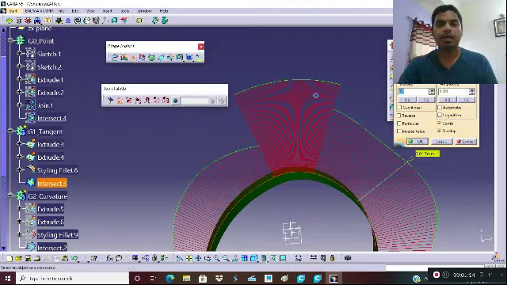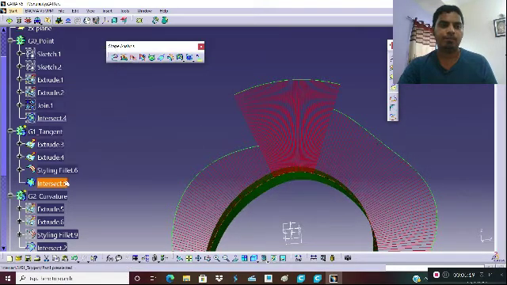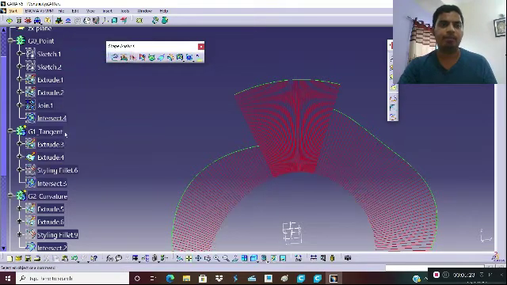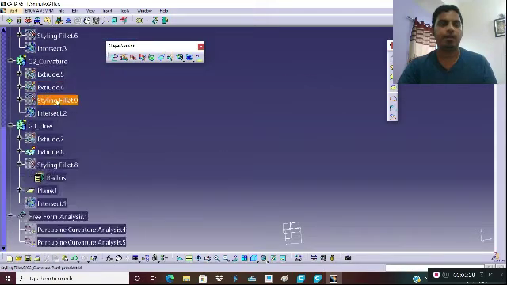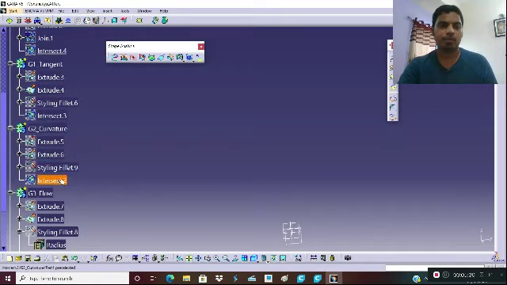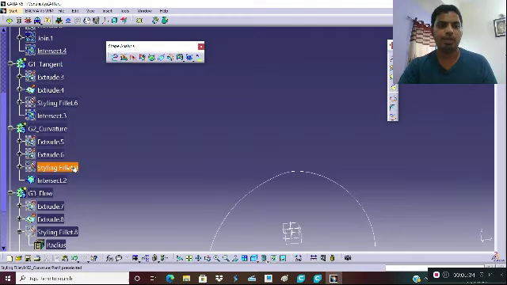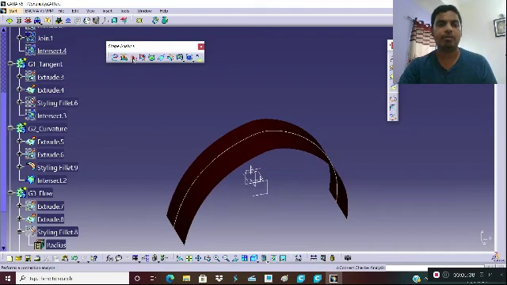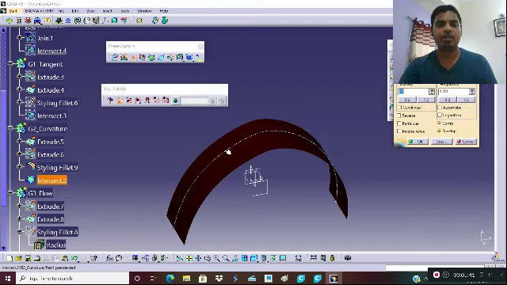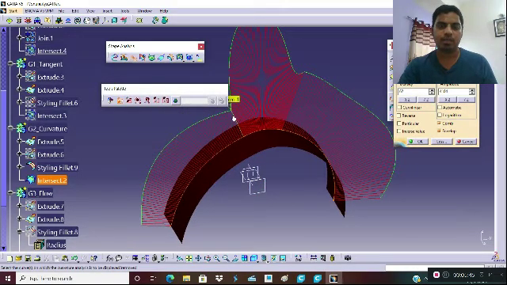Again I will just hide this portion. I will hide this styling fillet, and I will hide this curvature analysis. I will show the curvature for a third case, that is G2 continuity and the corresponding surface, and I will again go into this Porcupine curvature analysis. I will select this curvature.